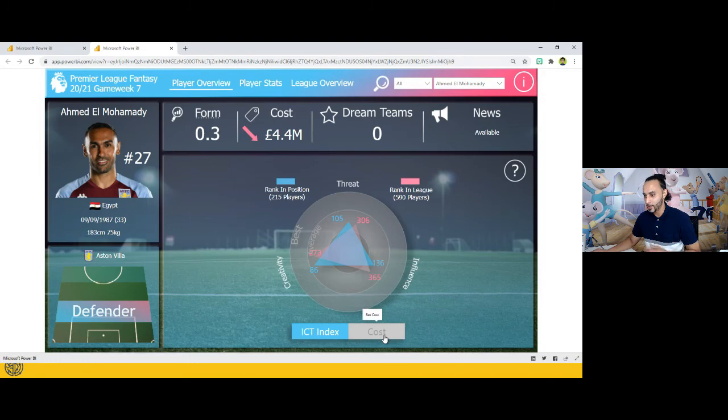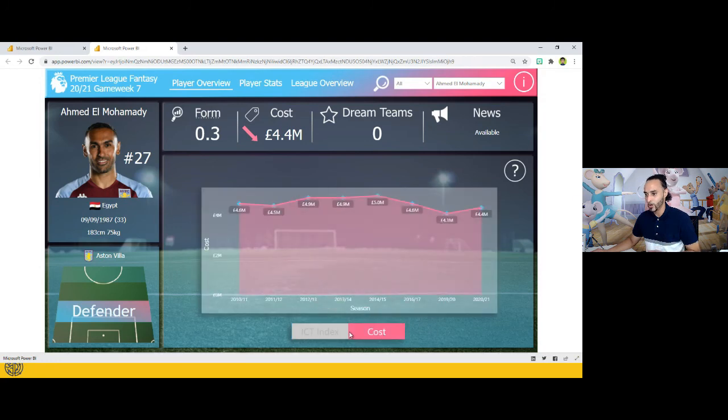And we've got a link down here which then gives us the option to see costs, so we can see the costs along with how they've been getting better and so on and so forth. We've got plenty of information here. Hover over, again, tooltips helping us understand what this information is. So form is a player's average score per match calculated from all matches played in his club in the last 30 days. Ben, thoughts?